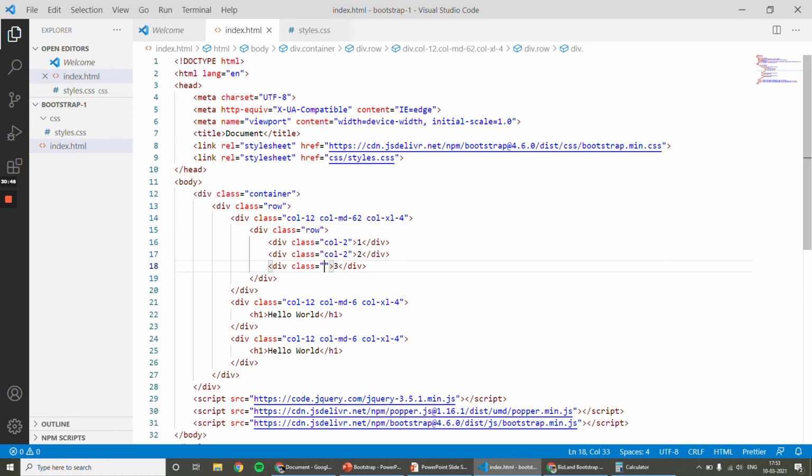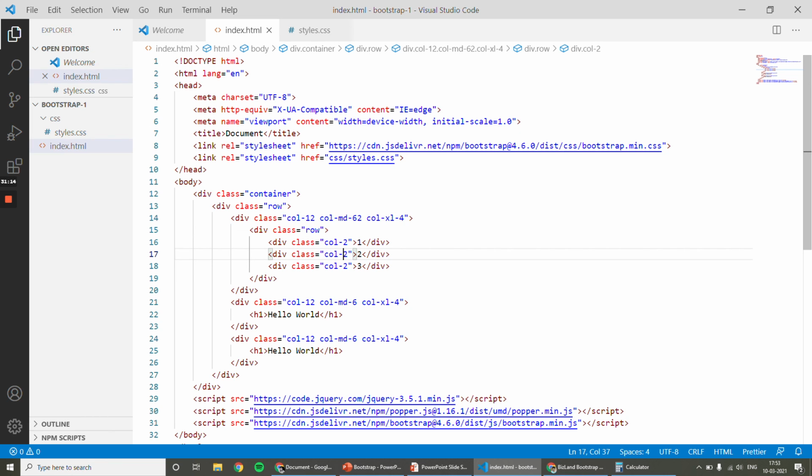If there is a row, then there should be a column. The reason is row will apply some negative margin value and the column will override it. So it is mandatory to write some column value for each row. If you want your div to occupy 100%, then you can apply column 12, but you should not omit it.